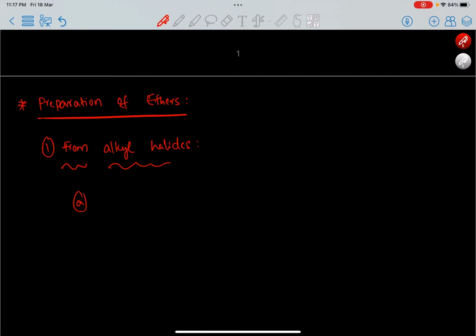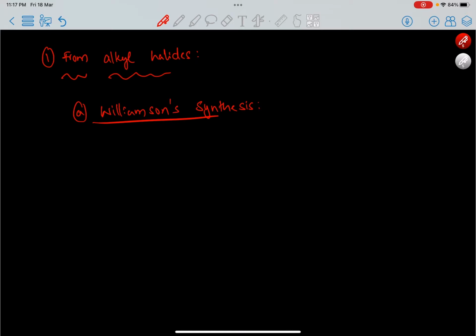The first one is Williamson synthesis. This we have already known, isn't it? So what happens in Williamson synthesis? What are the reagents required? That is sodium alkoxide, isn't it? So first we take sodium alkoxide, that is RONa, and when this sodium alkoxide reacts with alkyl halide, let it be R dash,